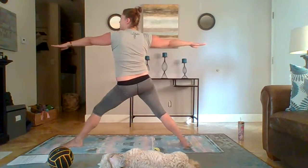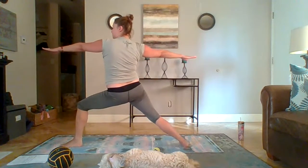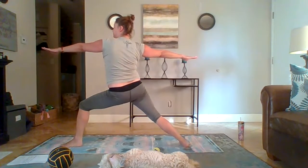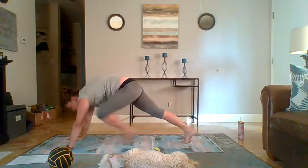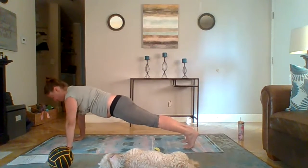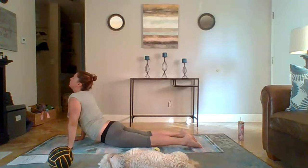About 10 times. And then back to regular warrior. And then again, we're just going to come back down to the mat, hands on the mat, and then plank position. And then chaturanga, upward facing dog,